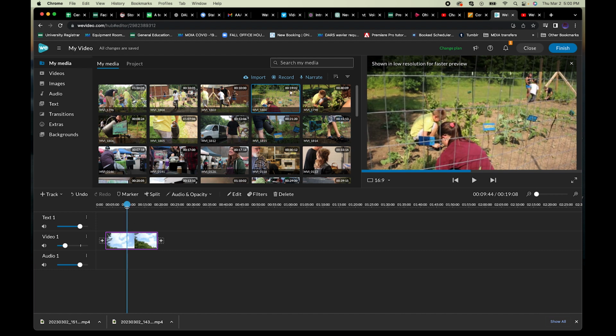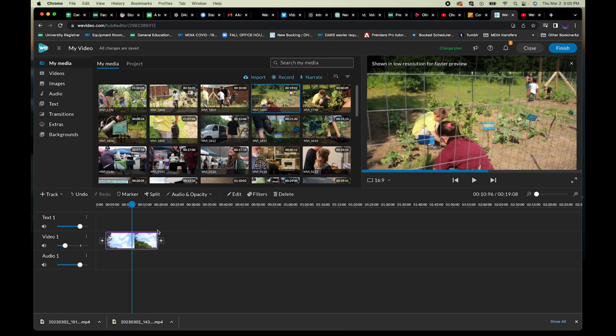So now what I want to do is shorten up the end of the clip. And to do that, instead of click, hold, and drag, what I can do is, wherever my blue marker is, I can just hit the split button, and then I can highlight the segment that I don't want,